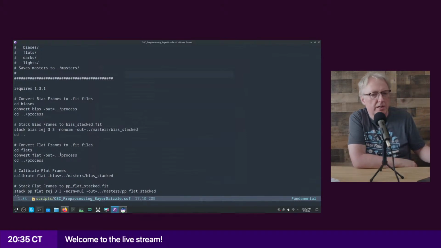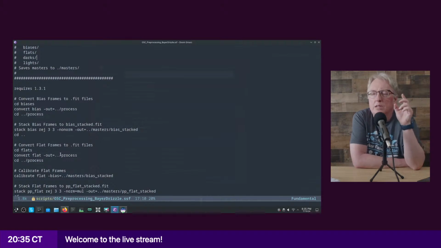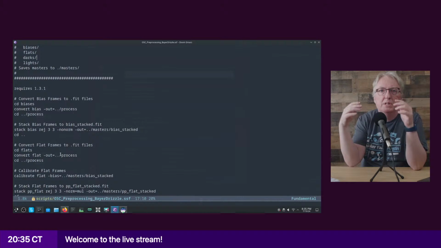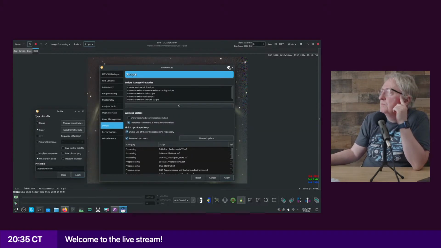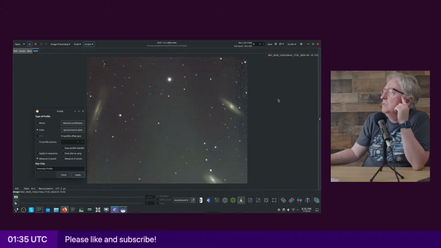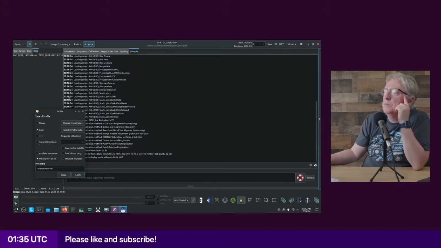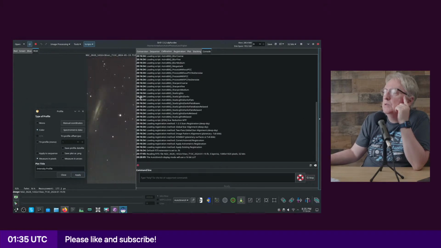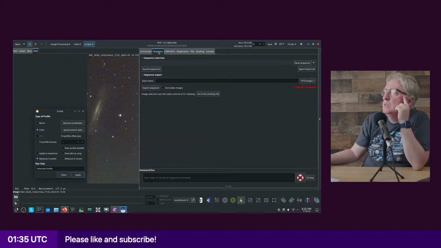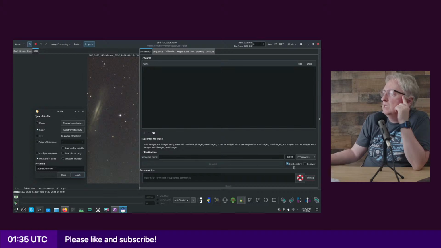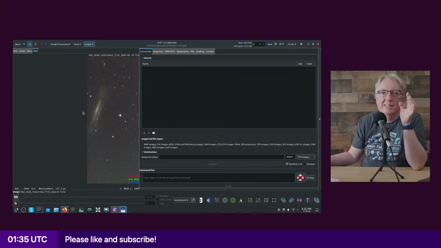You have a dash debayer flag, and this script mirrors what's in the interface. If you go in here, you have the conversion calibration sequence. In here you have this debayer check for the conversion, but